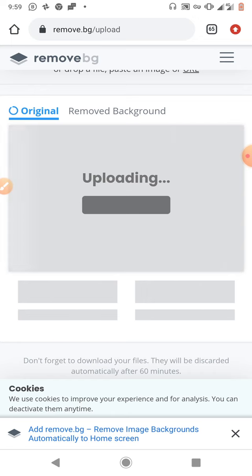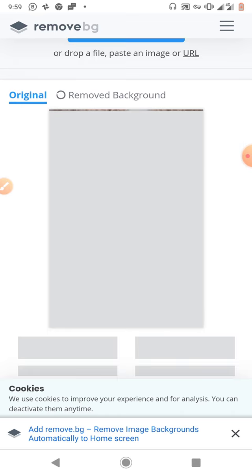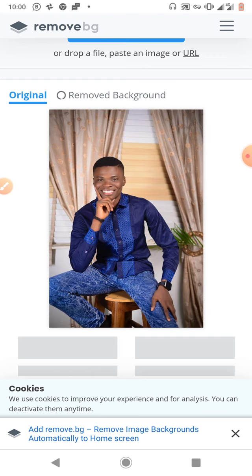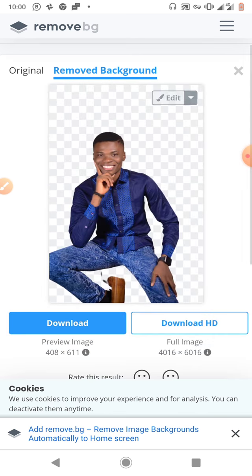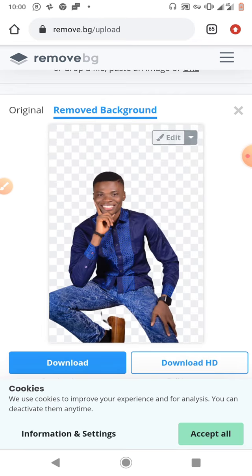So just some seconds. So as you can see, fast and easy. This even took too long. I think it's because of maybe network, but as you can see, as easy as this, the background removal is